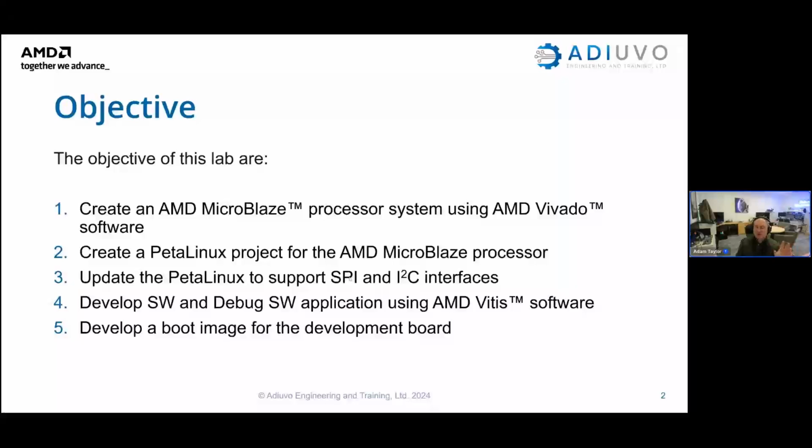I've used Vivado 2023.2 for this, but I've also done a similar thing on my Hackster in a slightly earlier version of the tools as well. We're then going to create a PetaLinux project for this